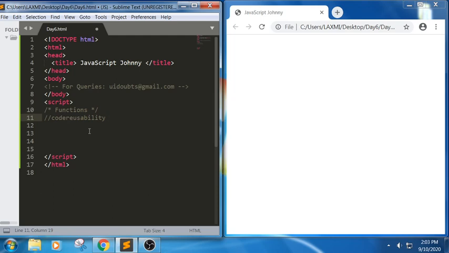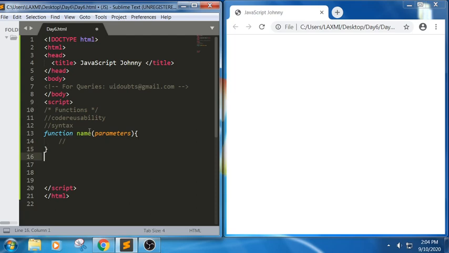So a function in JavaScript is denoted using the function keyword. Let me write the syntax first. Function, name, we call this as parameters, and we call this as function body. We will write all the statements in this.